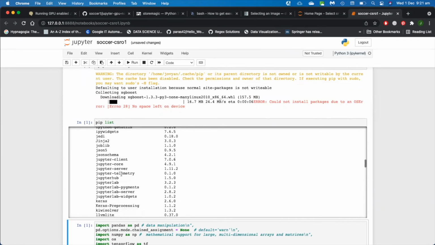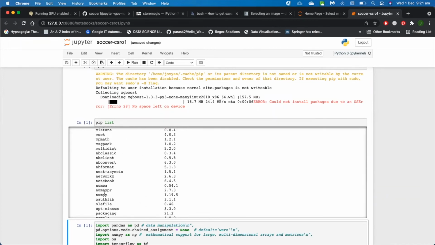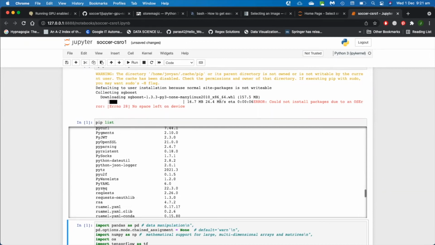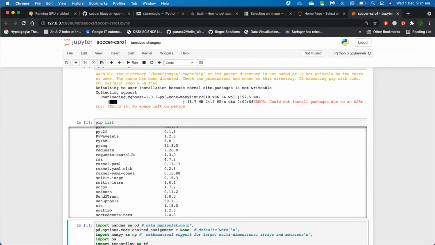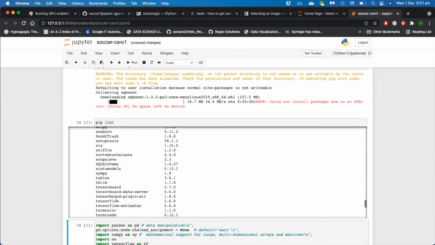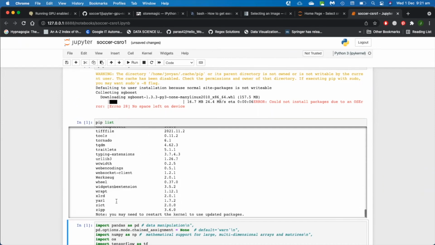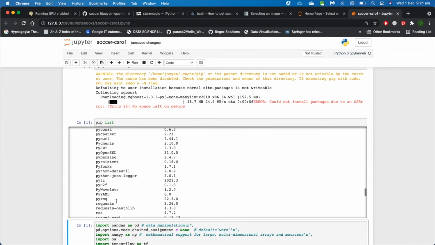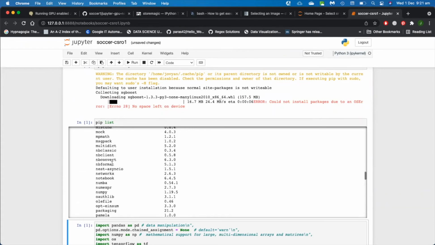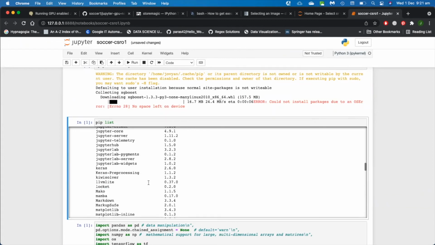So you can see here we've got Keras, we've got Matplotlib, pandas, Seaborn, SciPy, scikit-learn, TensorBoard, TensorFlow. So everything that we'll need for our deep learning and machine learning related projects. NumPy should be here as well. There's NumPy,